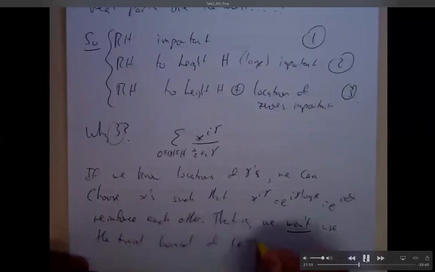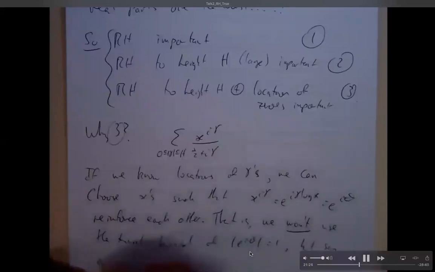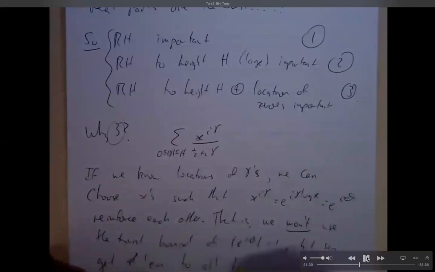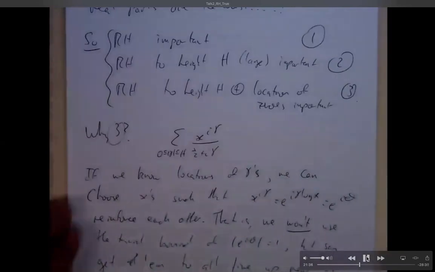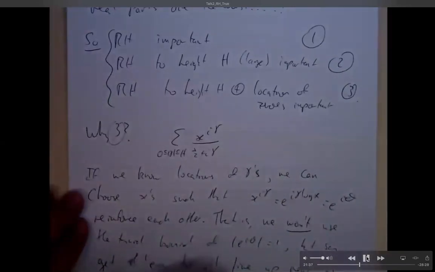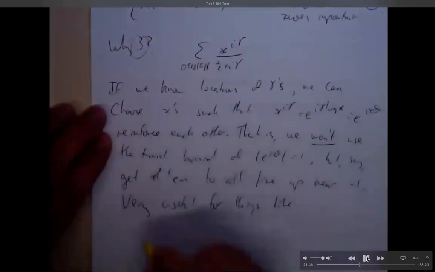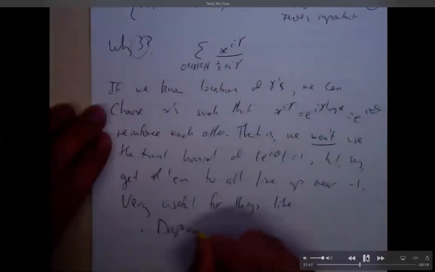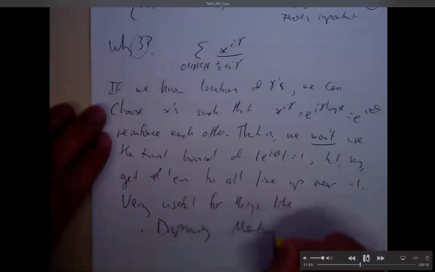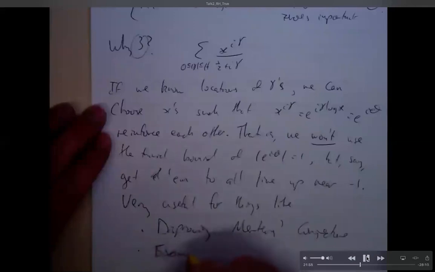Right, so the trivial bound is to say I've got a complex exponentials that have modulus 1, so therefore the sum of them is at most a, the sum of ones, in size. But I know that they're not just randomly spinning around. If I know the gammas, I can choose a series of x's very cleverly to make them either cancel out, have one pull this way and one this way, or have them reinforce. So I think this is my attempt to say it's very useful for things like disproving the Mertens conjecture, exhibiting biases and oscillations in certain sums.